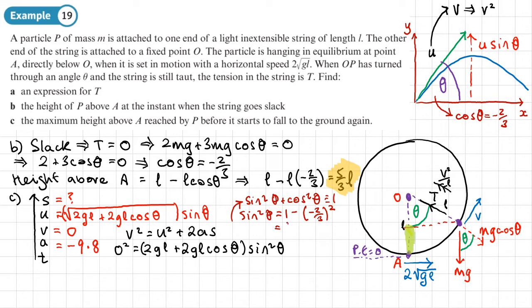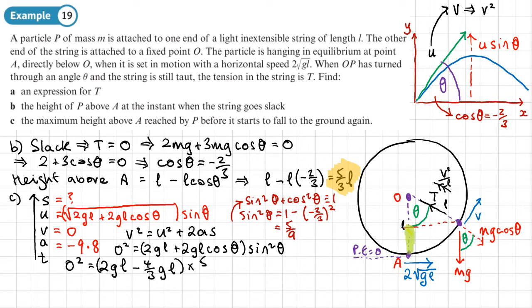So that's what sine squared is, so we can now put those in. So we've got 0 squared in black. 0 squared is going to be equal to 2GL, and then plus, now we know what cos theta is, that's negative 2/3. So we're going to multiply this by negative 2/3, so that'll be minus 4/3 GL. And that's going to get times by sine squared, which we said was